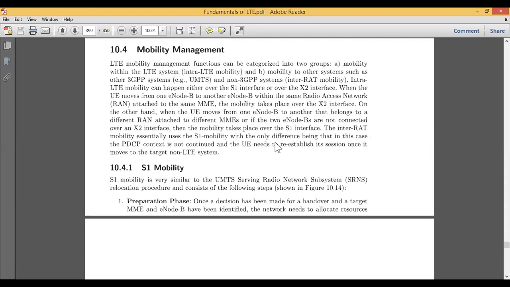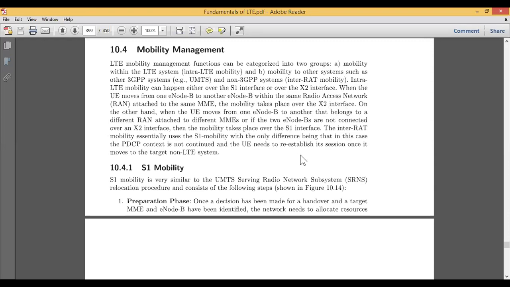For example, if two mobiles are communicating within the same network radio access, or simply within the same tower, and they move within the cell, then they fall under the X2 interface. Now if I take my mobile from one point to another point that does not belong to the same network tower, then that falls under the S1 interface. So based on the radio network access, these are classified as the S1 interface and the X2 interface.